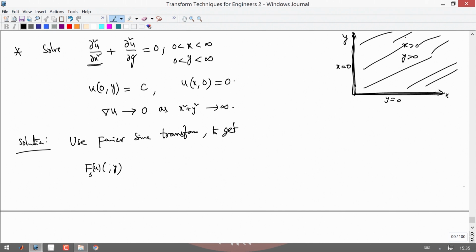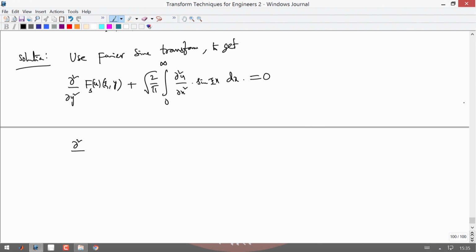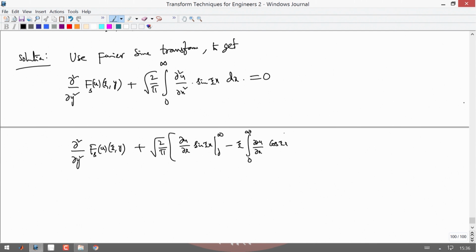So this is xi comma y, for which we have dou square by dou y square for this, plus, if you apply it to this term, root 2 by pi integral 0 to infinity of dou square u by dou x square times sin xi x dx, which is equal to 0. So, this is what it becomes. First, dou square by dou y square of Fs of u, which is a function of xi comma y, plus root 2 by pi. So, do the integration by parts again. Like earlier, dou u by dou x sin xi x from 0 to infinity, minus xi times cos xi x u from 0 to infinity, which is equal to 0. So, if you do this, it implies dou square Fs of u of xi, y by dou y square,